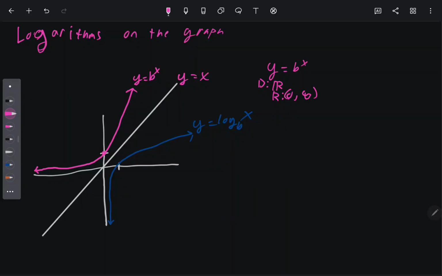However, for the logarithm, not the natural logarithm, even though the natural logarithm has the same rule, the domain is 0 to infinity, and its range, I wanted to do that in blue. Domain, 0 to infinity, range, all real numbers. And what you'll see is that with all inverse functions,